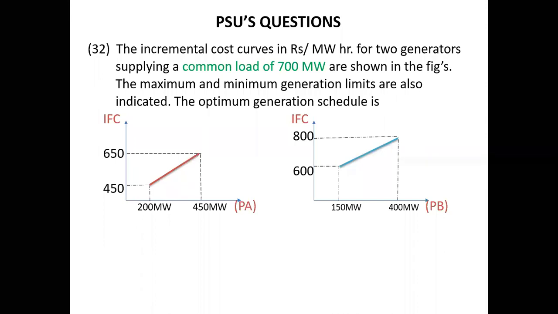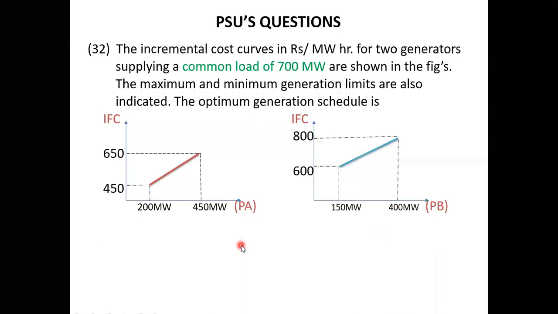Yes, roll number 243 is giving generator A. Of course, so many people are giving that generator A will take more power when compared to B, because clearly we can understand from these two characteristics. If you observe these two characteristics, generator A will have less incremental fuel cost when compared to generator B. Means generator A will take more share when compared to generator B out of 700 megawatts. But exactly we need the answer. Means generator A will generate how much power and generator B will generate how much power.